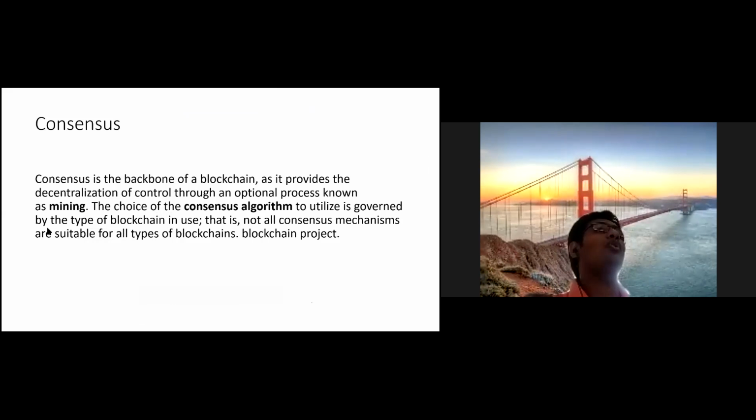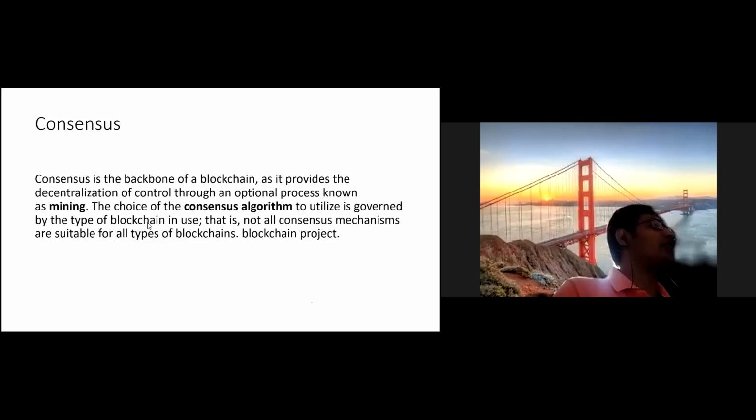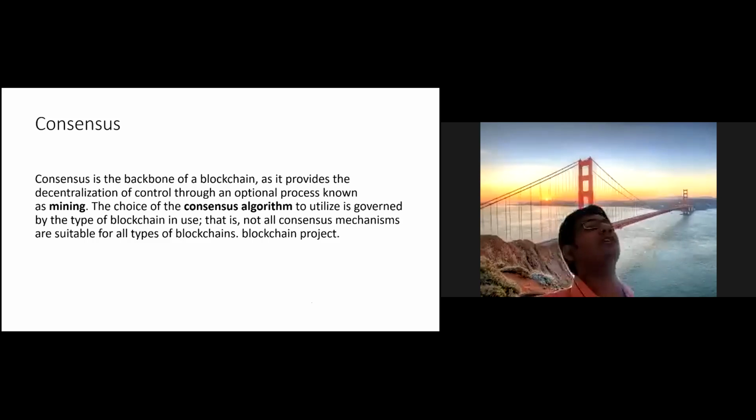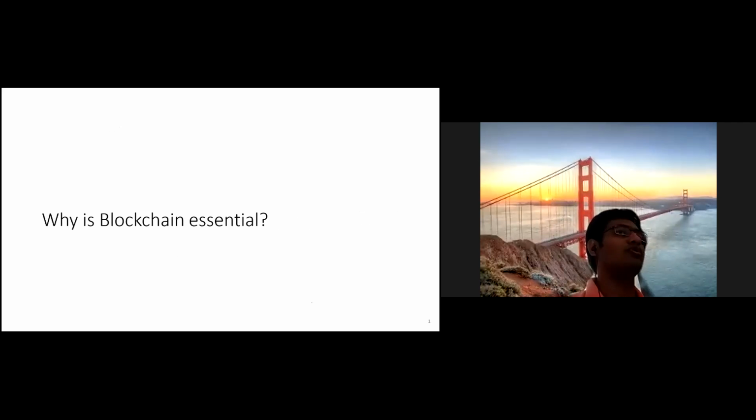Are we all aligned, everyone? I hope everybody goes through it after the session, or maybe saves this slide link somewhere, which will be helpful for you. Make sense, everyone? Are we all good? Very good. So consensus in a nutshell is nothing but an algorithm used within the blockchain itself. There are multiple types. The doc is there, so go through it and make the most of it, right?